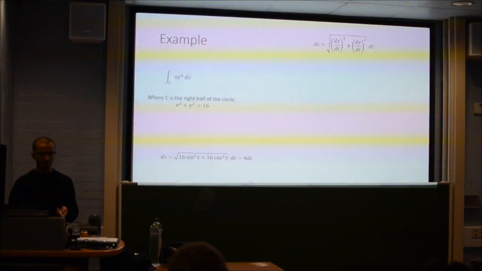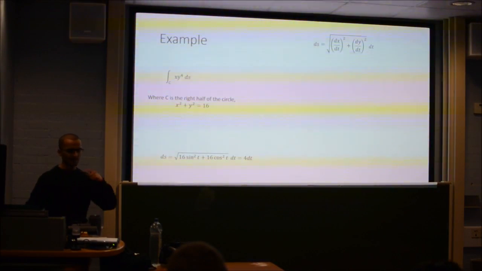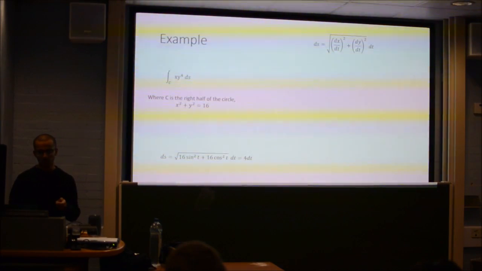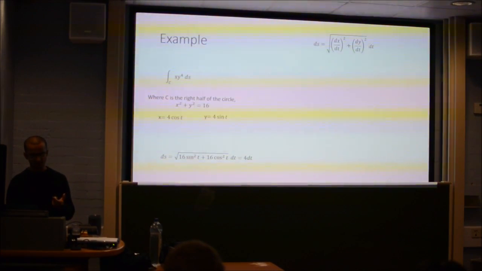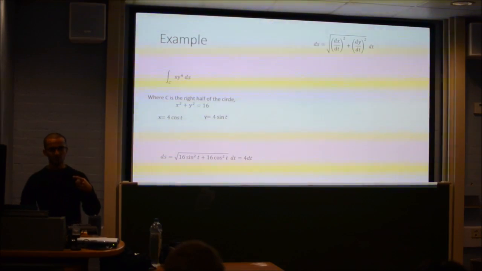Okay, let's go through another example. This one's going to be slightly different. This is going to be an open loop integral one. We're only going to do half of a circle, and so our circles normally in Cartesian coordinates are defined by this little equation here, but in parametric coordinates they're defined